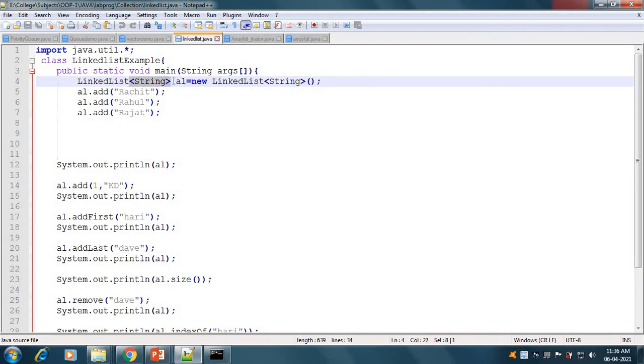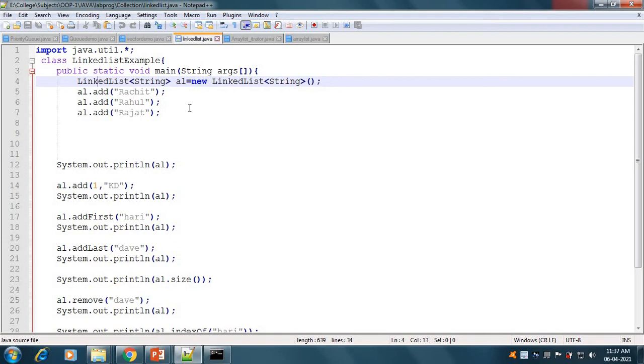Here you can see we have put this type of symbols. These symbols are used to make generics. Generic specifies the data type of the particular list. So if we put String after the LinkedList, and here also we put String, then this linked list will get only and only string data type values.